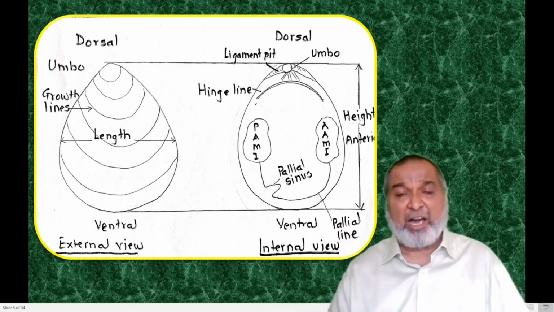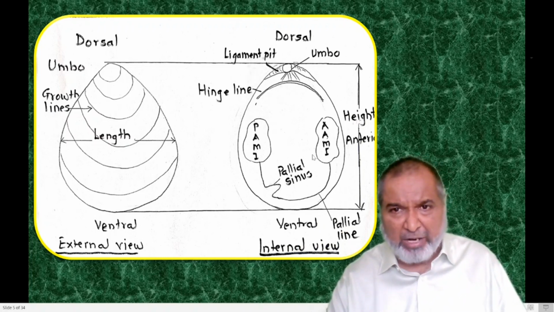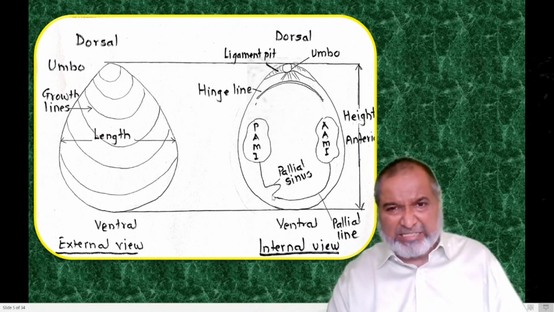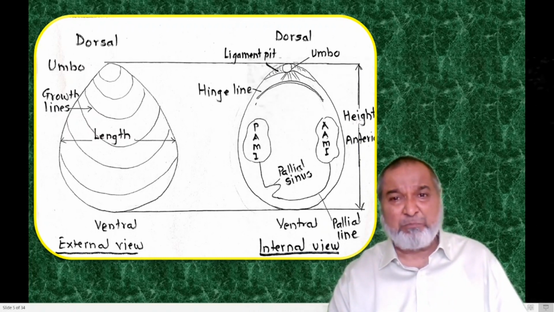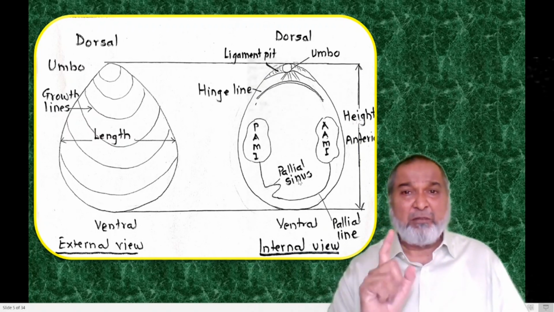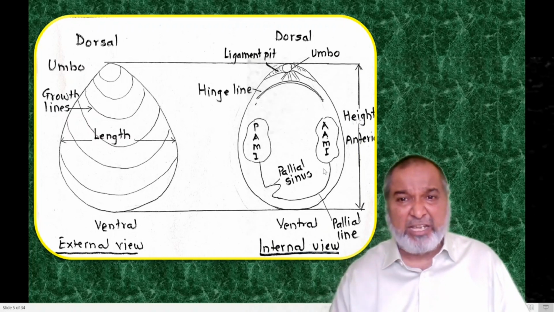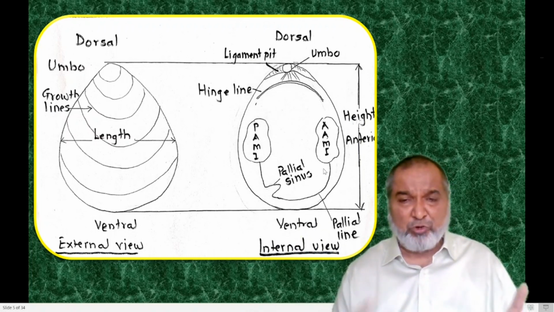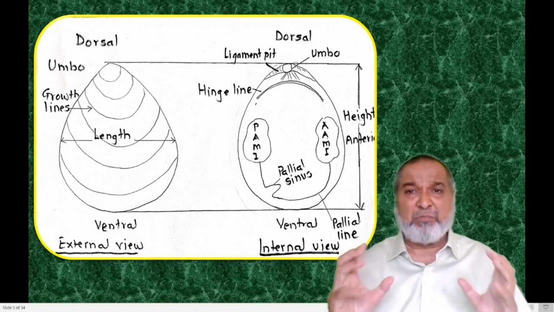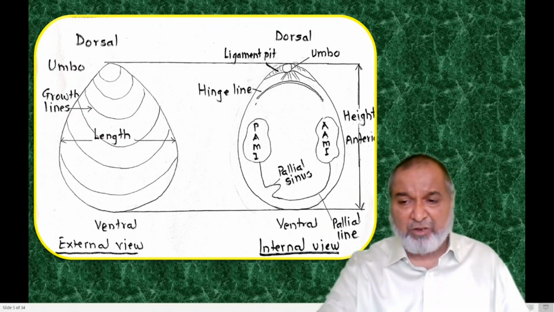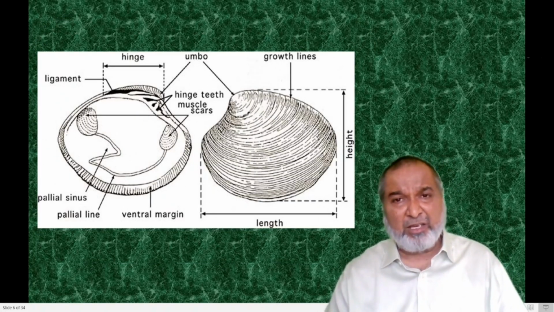And these two are joined by a groove line, which runs parallel to the ventral margin. Once it comes towards the posterior side, you are going to see a Z-like curvature. That shape is called the pallial sinus. The rest of it is called the pallial line, which runs parallel to the ventral margin, joining the anterior and posterior muscle impressions. So this is what we have, the internal parts of the lamellibranch shell.